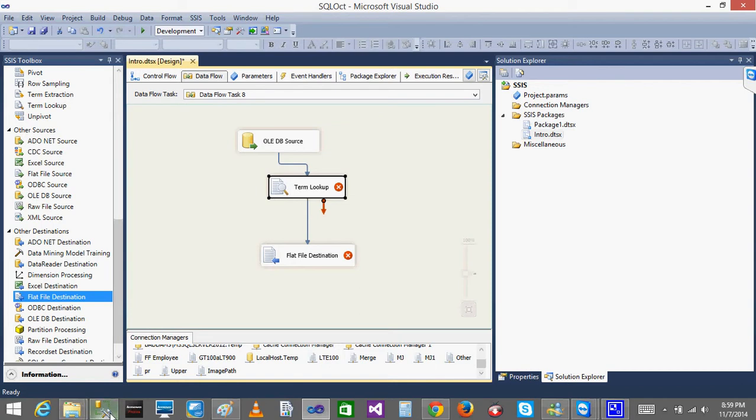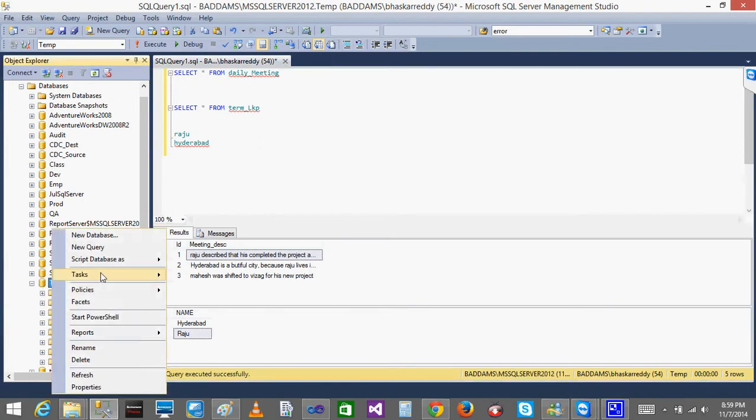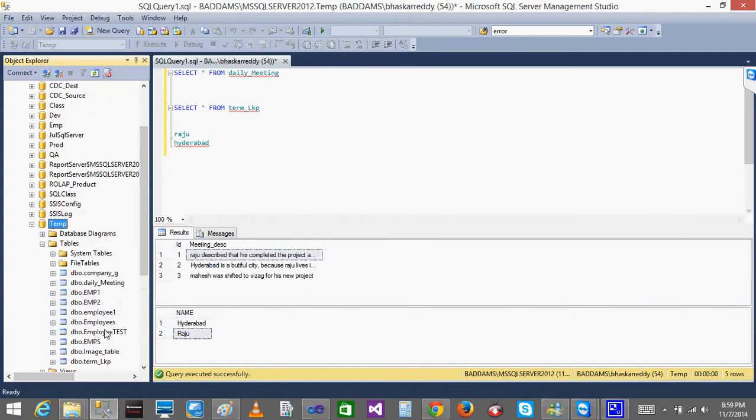I am expecting that since we had given the data type as varchar, right? Varchar max, I think that is the issue. So let's see, let's convert it into the nvarchar. Because in the daily meeting the column which we used as a varchar type, that is the reason I am expecting. I will refresh it, so I will get the tables. What is the table? It is the same daily meeting.